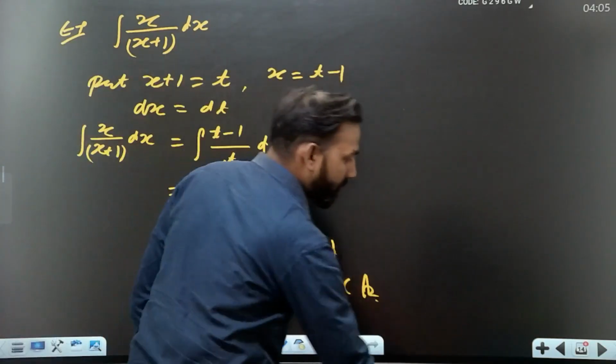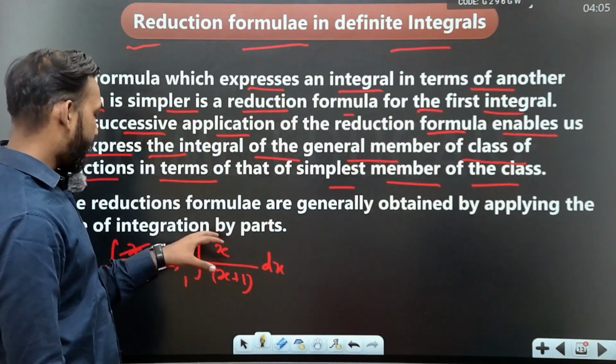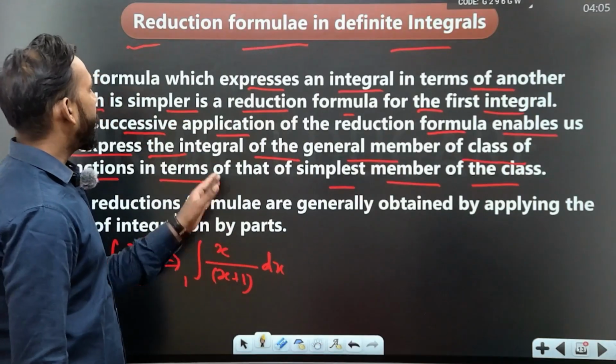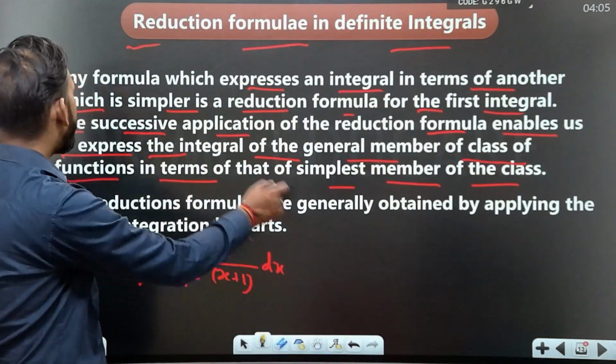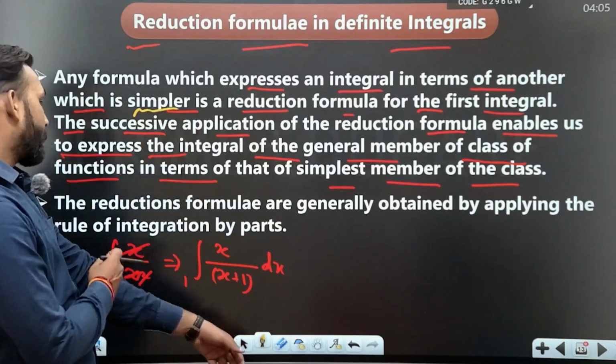Therefore, the meaning of this reduction formula is this: if we can't calculate this particular integral, then we reduce it into a simpler form. Okay, now